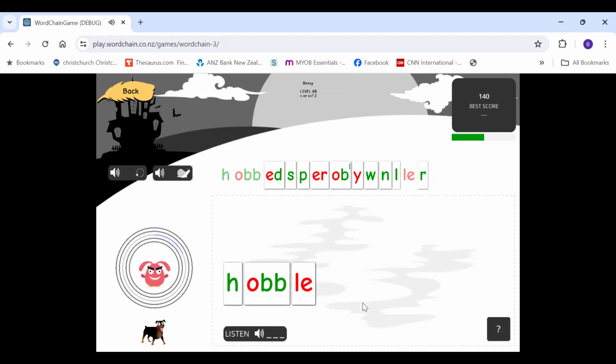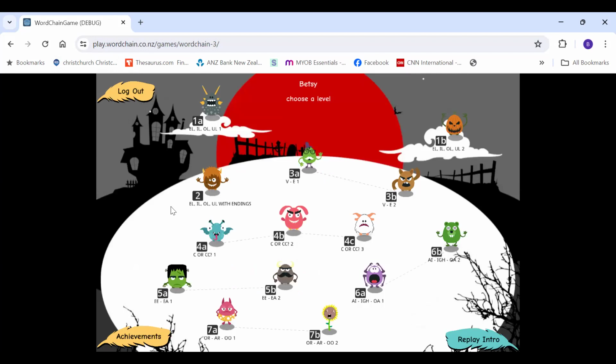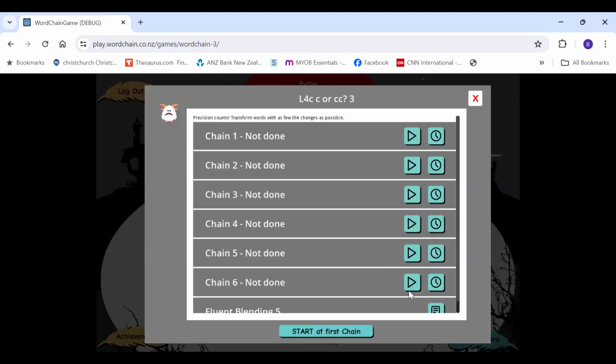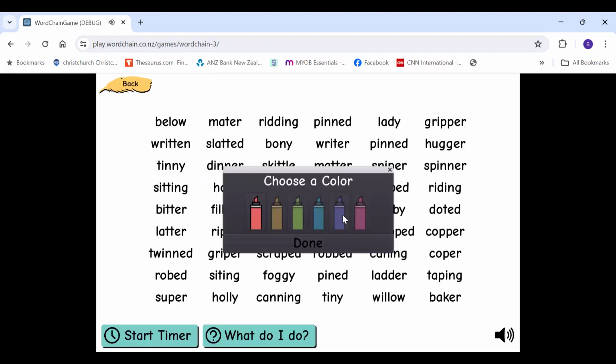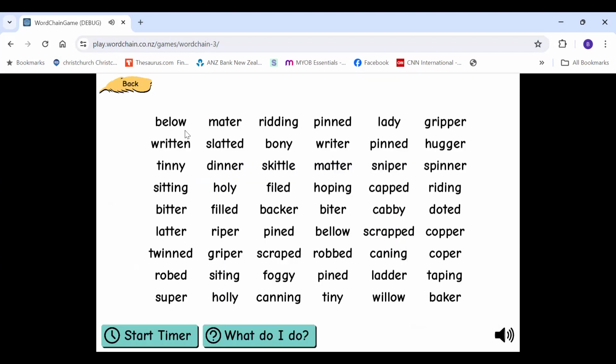Turn it into robed. So I have to go back to this one. Lots and lots of practice with getting the difference between those single and double consonants. I'll just quickly show you the blending, the fluent blending that goes with that. Choose a purple this time. So we've got r, it, in, sl, at, id, b, own, e, and whereas this was it, this one's going